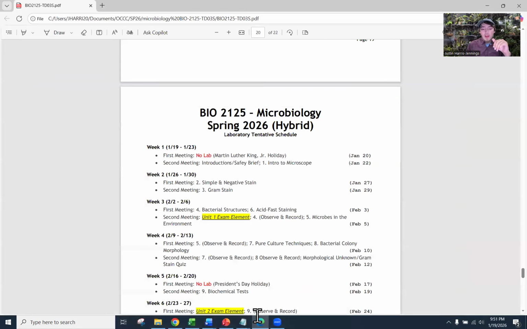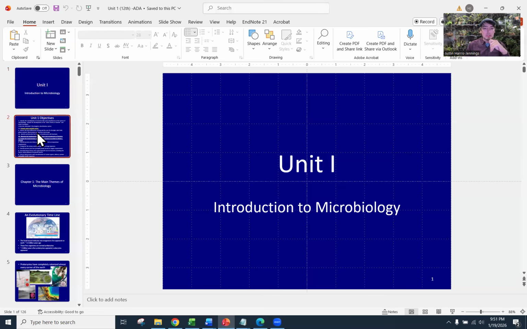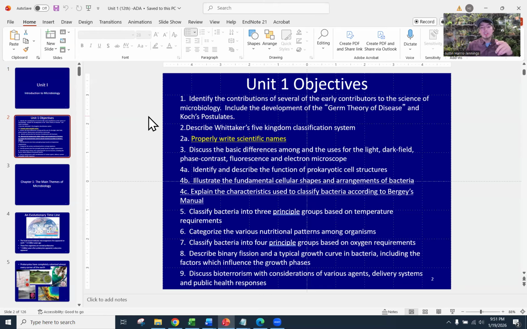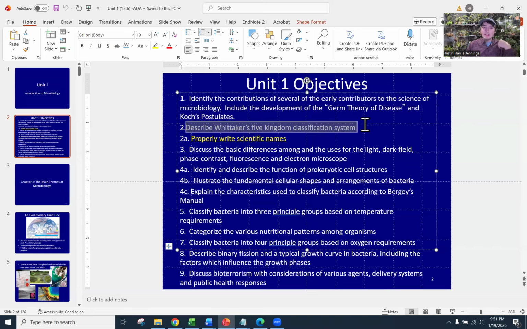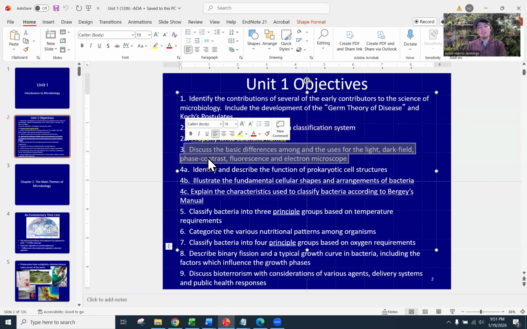So outside of that, we can start the actual content of Unit 1, where we'll go over Chapter 1 and 3, where Chapter 1 is kind of introducing bacteria, how we got to know that bacteria cause disease, but they also are all around us and help us in everyday life, and they can be advantageous to us in many different ways. How did we get to that? How do we classify them, and how do we write scientific names? And then in Chapter 3, we'll talk about different types of